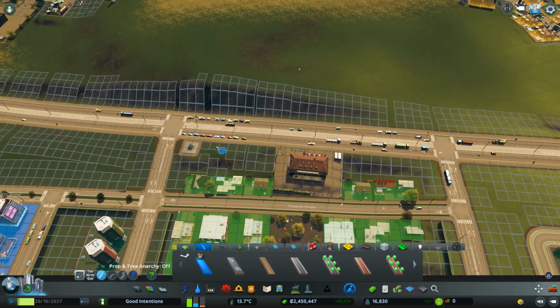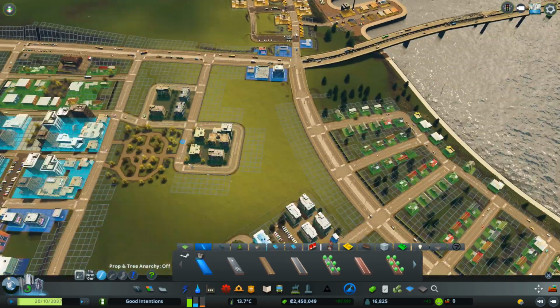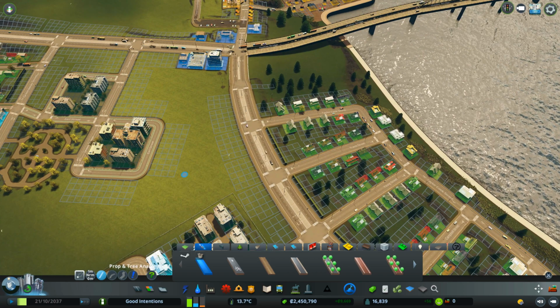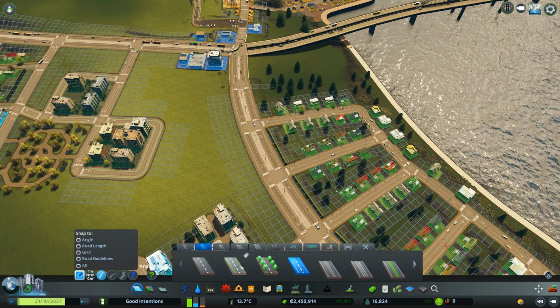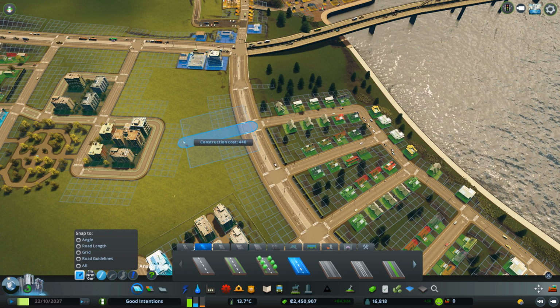So they have a metro station. It's kind of far away, but they can get to it. I'm not too concerned about that. Let's go ahead and pop down a few more roads to get this a little more interconnected. We'll put down something from here to...